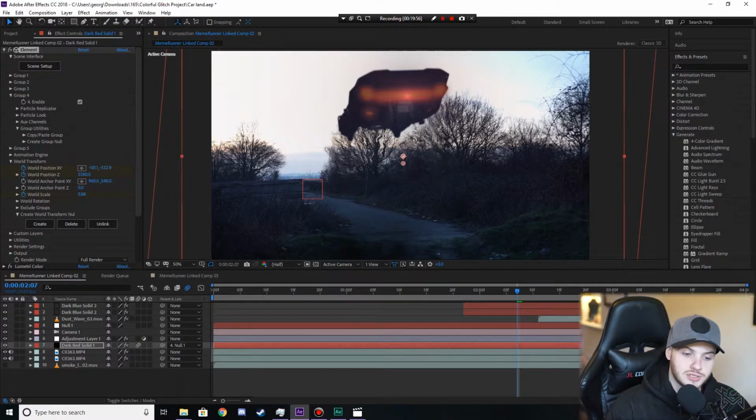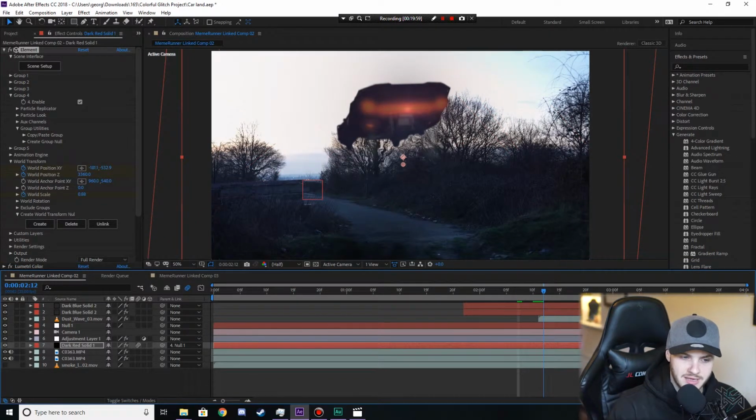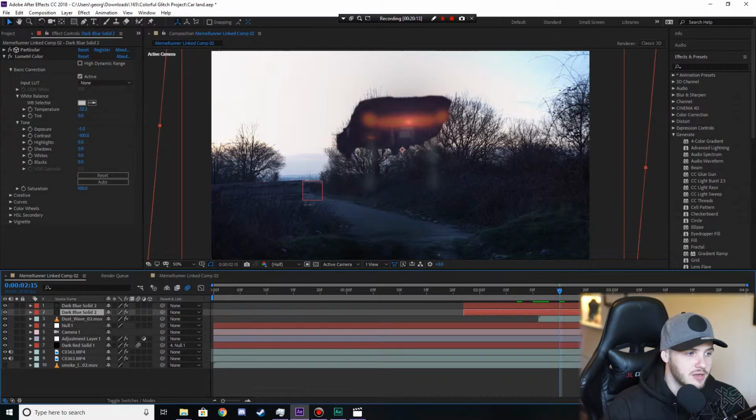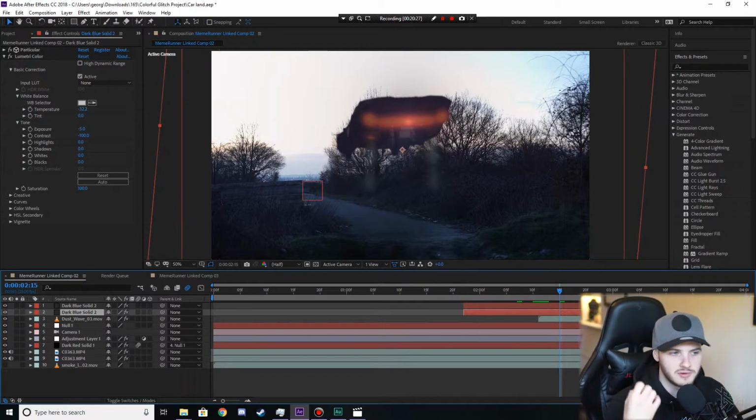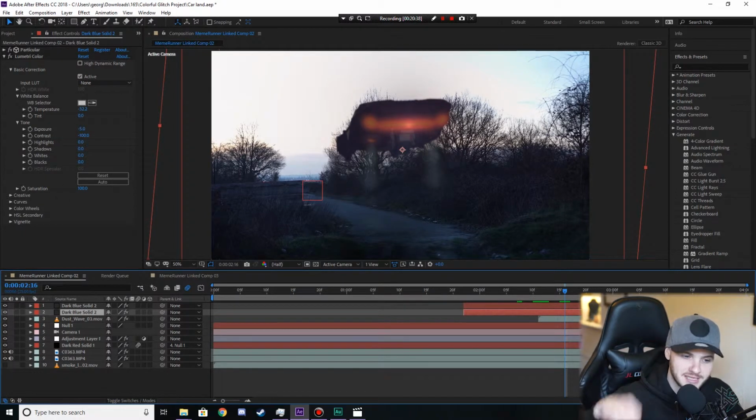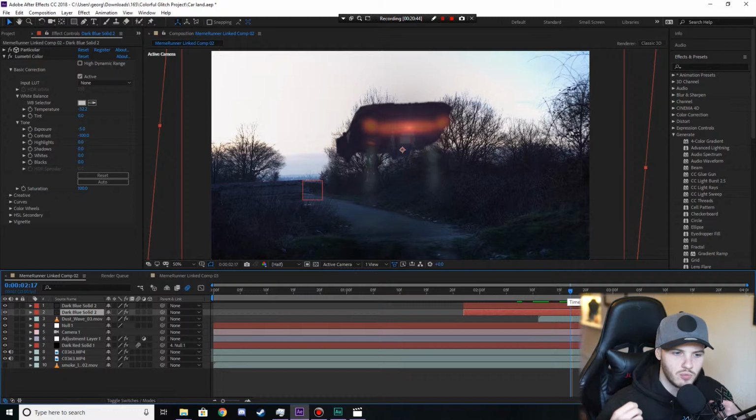And then the last sort of ending to this effect, which is again something I added last minute, was two smoke effects. So what I added here was Particular, and what Particular does is it creates an element in the 3D space of a particle. So you can have fire, you can have money flying around, you can have water vapor, sparks, anything like that. I obviously just chose smoke, and I chose the gravity and the evolution to push the smoke in a downwards direction. So as it comes down, the smoke's being ejected from the ports of the engines, and that's supposed to emulate the hydraulics and whatnot, and all the steam and the engines trying to stop the car crashing into the